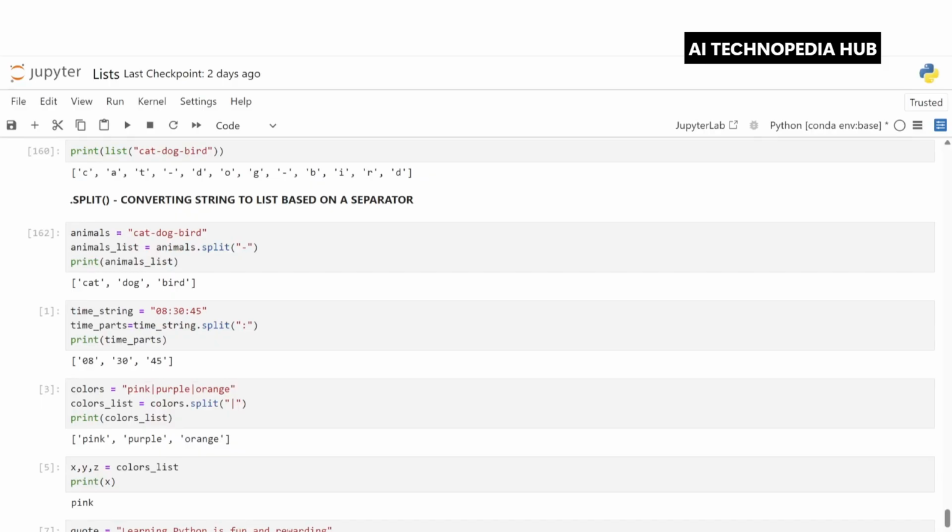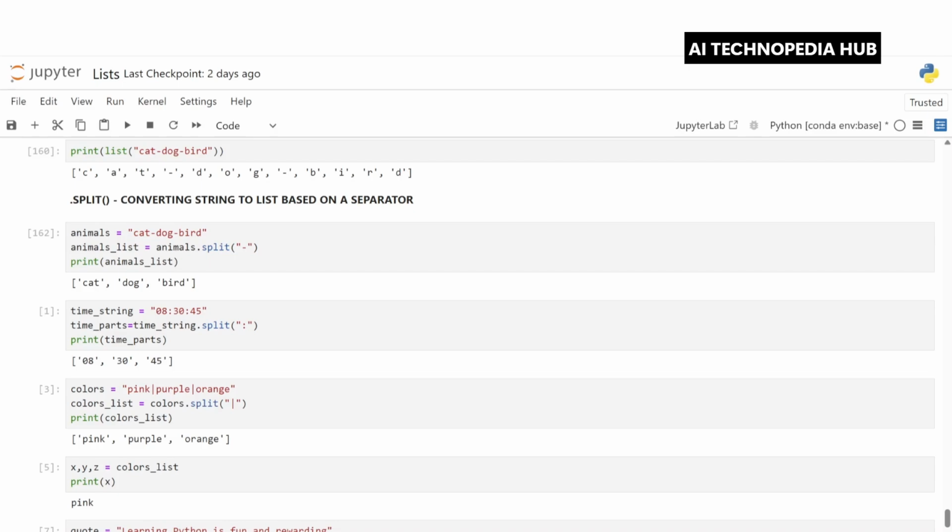Next, let's look at the dot split method. The dot split method tells Python to split this string into parts wherever you see a hyphen. So we have given animals is equal to the string cat hyphen dog hyphen bird. And then with animals dot split, we have given the hyphen inside split.